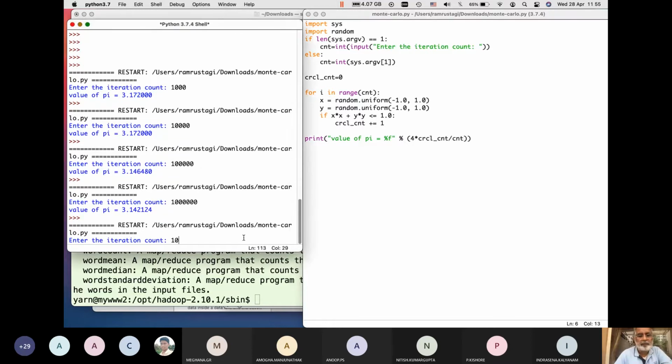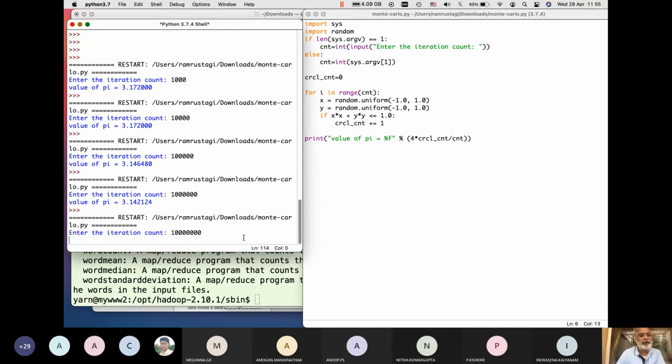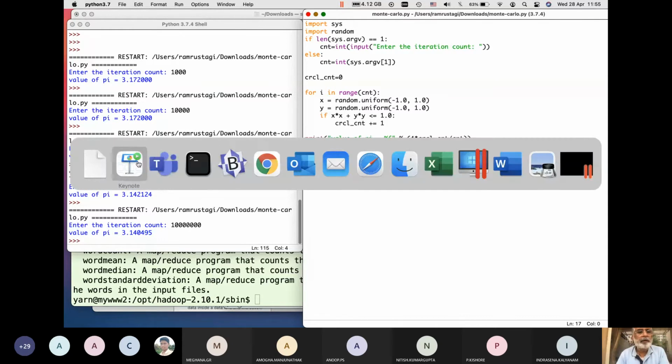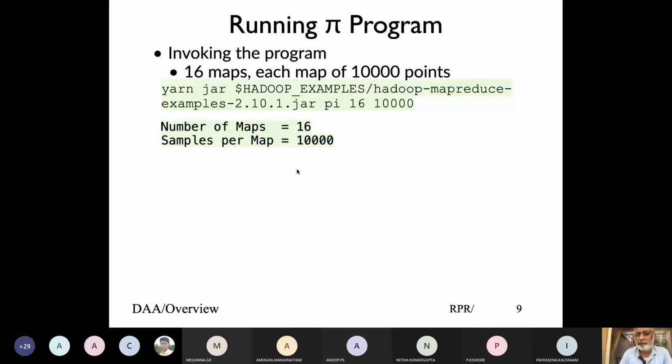let's say, lastly I run with 10 billion points. It will probably take a little longer, but you'll get a better value there, 3.1418 or 16, something of that kind. You probably get closer values. We call it an estimate because we are picking randomly, uniformly distributed points. They can never truly represent the area, but we are approximating it. That is what the pi program basically does. Is that part clear? How the pi program works?